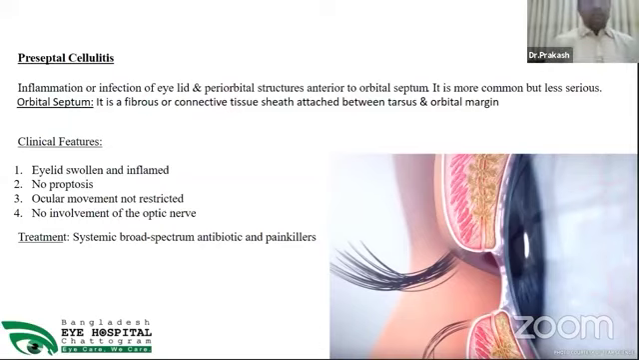As you know, the important functions of the optic nerves are visual acuity, color vision, contrast sensitivity, and pupillary reactions. So in preseptal cellulitis, the visual acuity, color vision, and contrast sensitivity will not be affected. And what is contrast sensitivity? Contrast sensitivity,